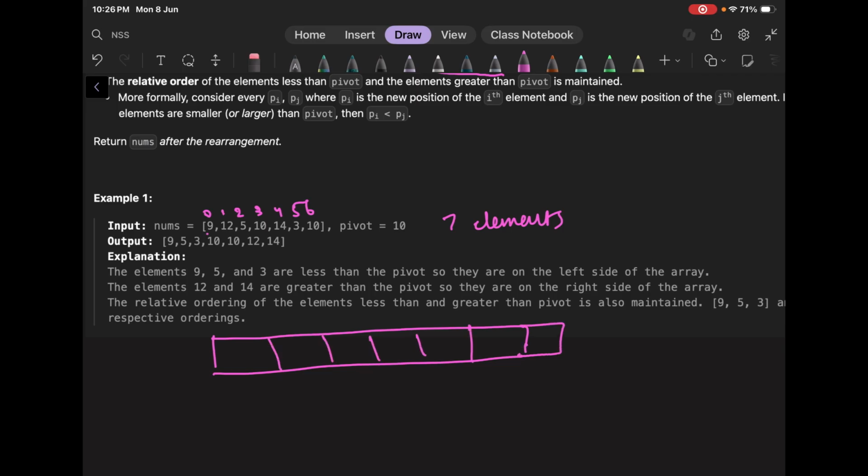Now it says the elements less than pivot. If I look at the elements, 9 is less than pivot, since my pivot is 10, followed by 12. So I create a less than pivot and a greater than pivot. Let me show you. 9 is less than pivot, 12 is greater than pivot, 5 is less than pivot, 10 is equal to pivot, followed by 14 which is greater than pivot, followed by 3 which is less than pivot,